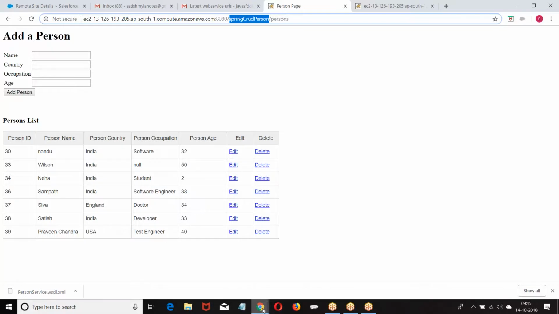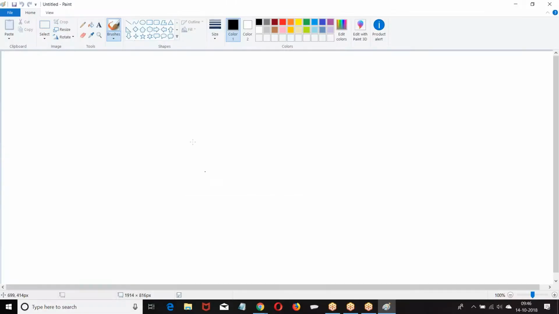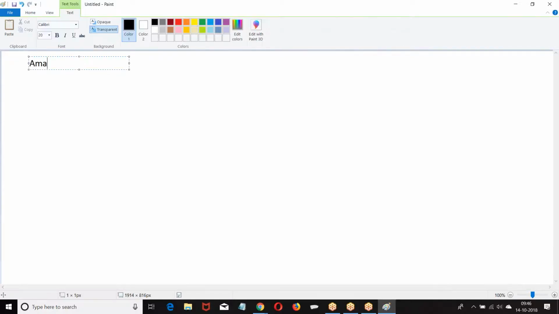Okay, let me explain the concept clearly. Try to get the concept clearly, boss. The moment I am consuming a WSDL file, they ask me what is the name of the class. I told Amazon example is the name of the class. So this is the main class which is created. In the main class, what do we have? We have public class,